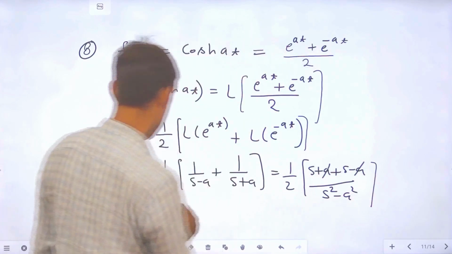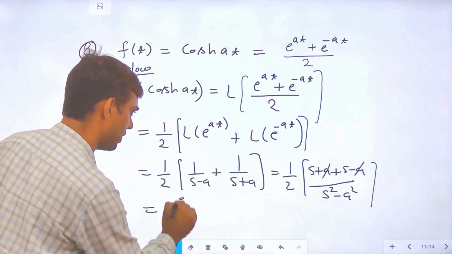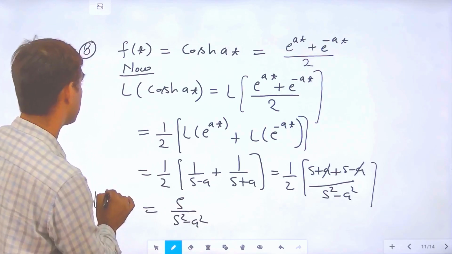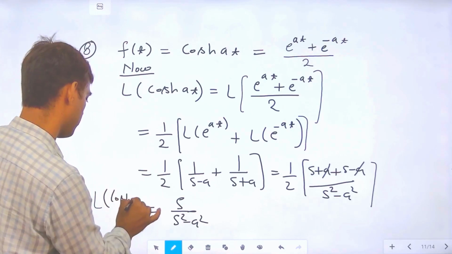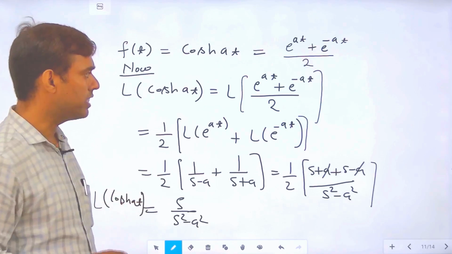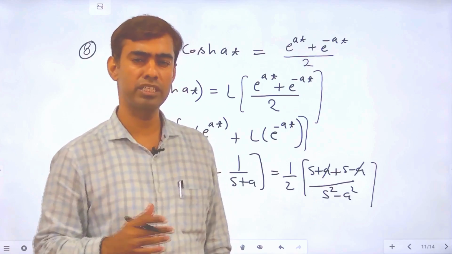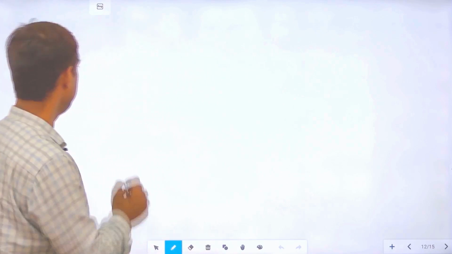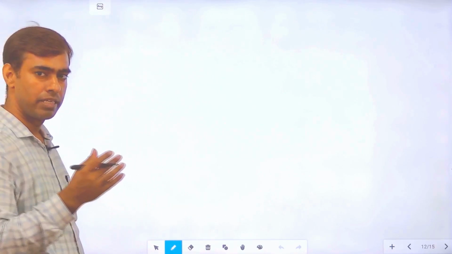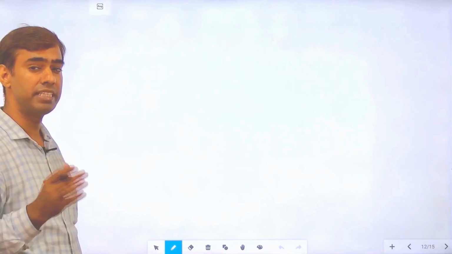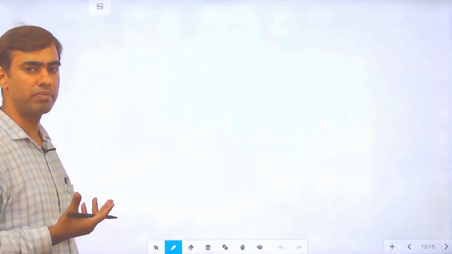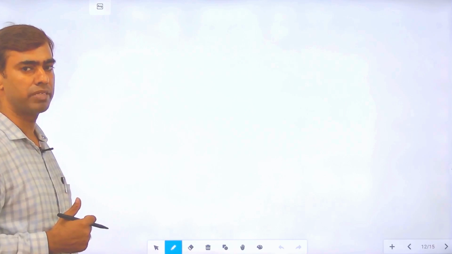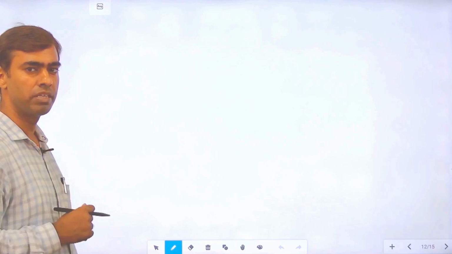After simplification this becomes s upon s square minus a square. This is the Laplace transform of cos hyperbolic at. So these are the Laplace transforms of some elementary functions. If we summarize here, the Laplace transform of an elementary function is treated as a formula, meaning in order to solve numerical problems we must remember the Laplace transforms of elementary functions, then be able to solve numerical examples using some more properties